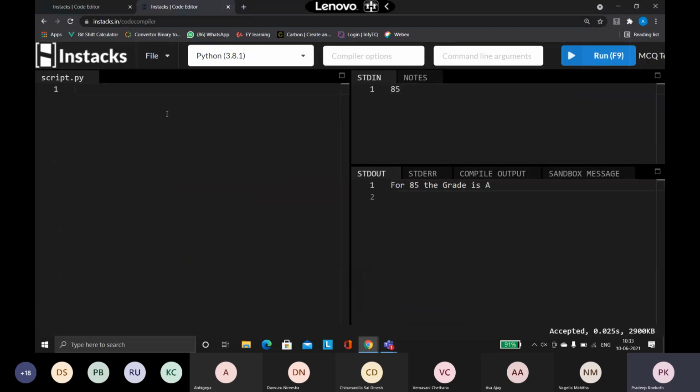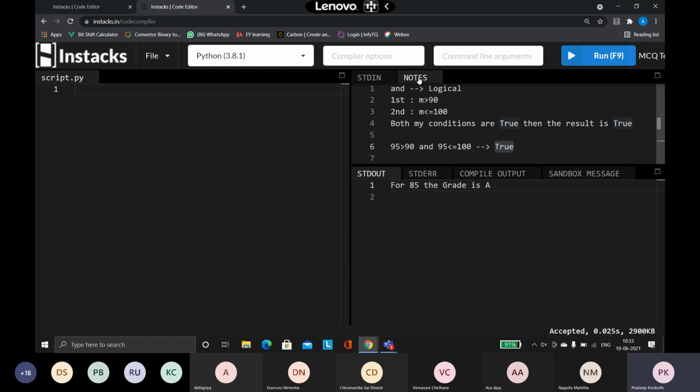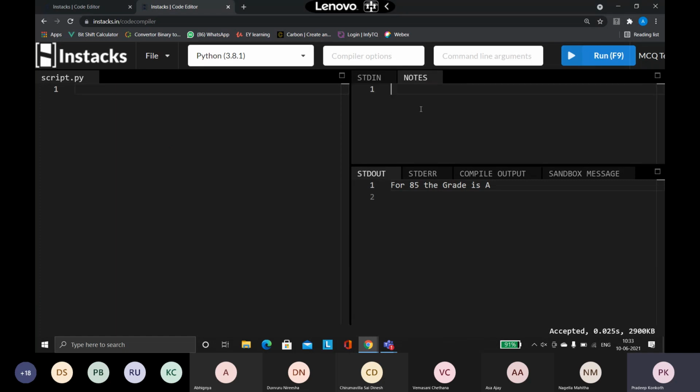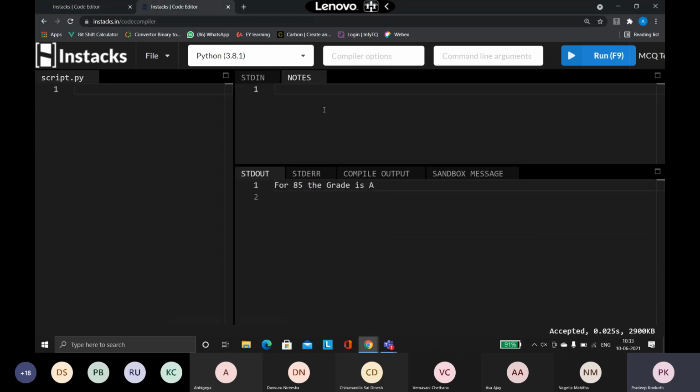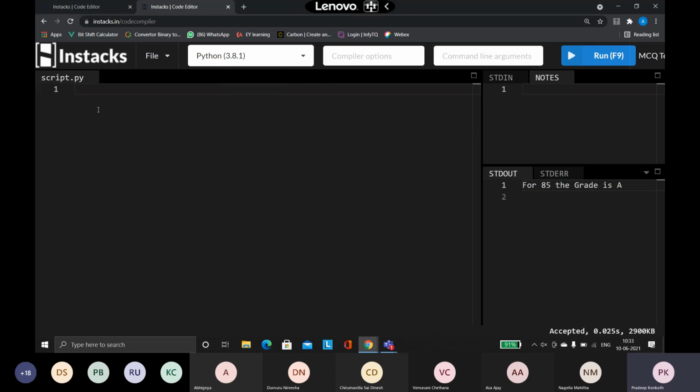I'm going to use this file for understanding the concept of loops. So what are the things you need to know when it comes to loops? Please remember this: looping is basically done in three types.